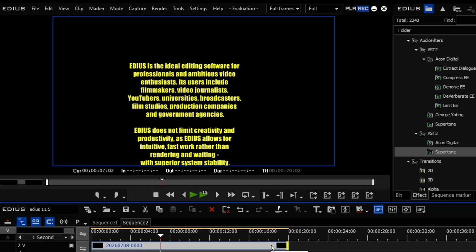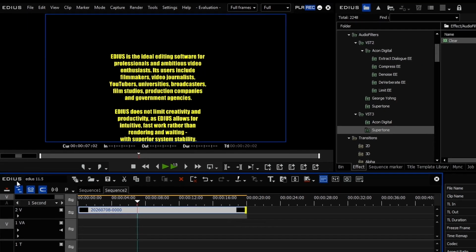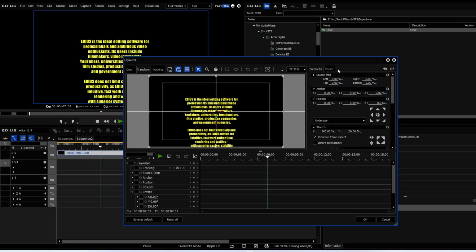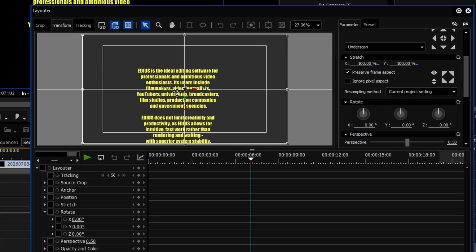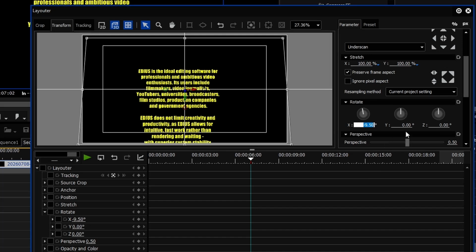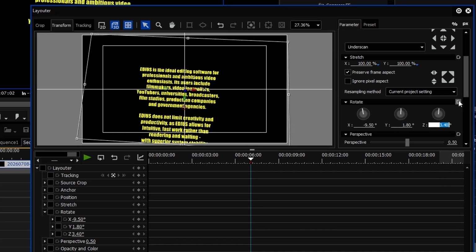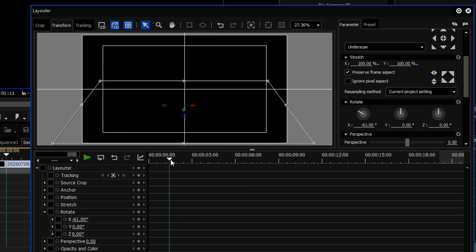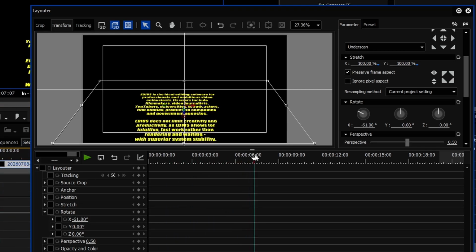Now what I need to do is just take that and tilt it in 3D. Very simple. Opening up the layouter, go to 3D, and then find the rotation and work out which one tilts it. So I'll wiggle it. Oh, it's X, that was simple. It's not Y because that goes side to side. It's not Z because that goes round and round. So let's quick reset, tilt it. There we are. So now you can see I've got it rolling off into the distance,